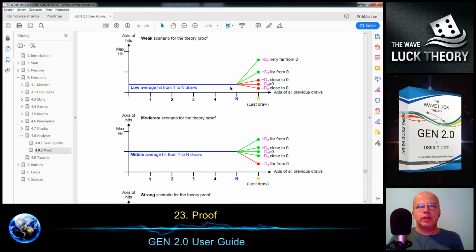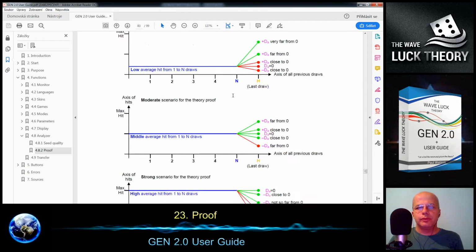And it can mislead you into thinking the theory is proved, but in fact the values were distorted because these bad ones were excluded completely.